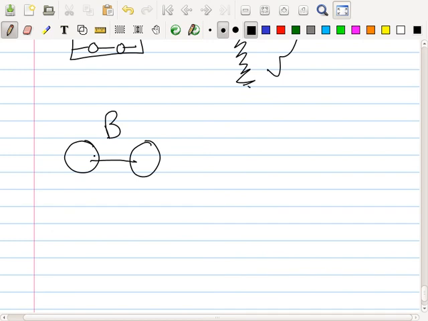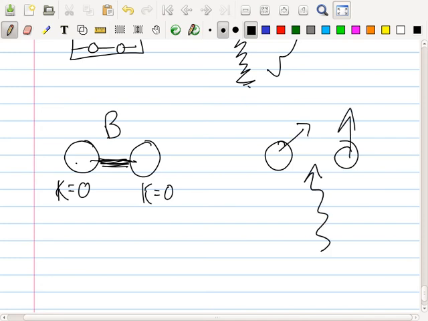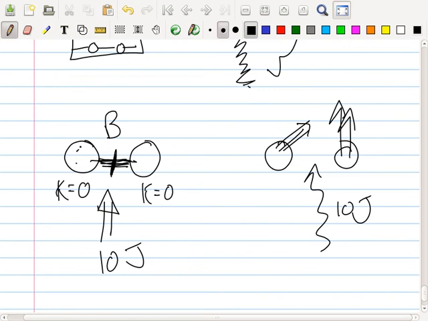Okay? And let's say this kinetic energy equals 0. And the bond here, we'll just say bond, B. And then here's free electrons. So if I put in some heat, let's say 10 joules, then what happens to these? They go faster, yes? If I put 10 joules of energy into this one, it's hard to break. First I will need to break this, and then they'll move.